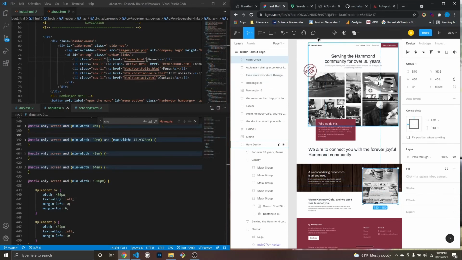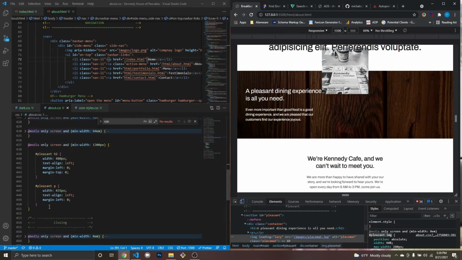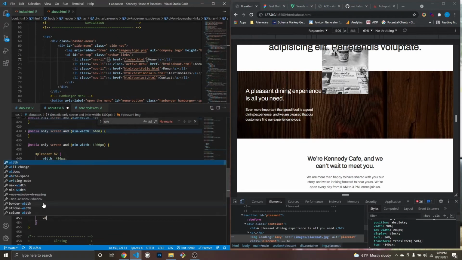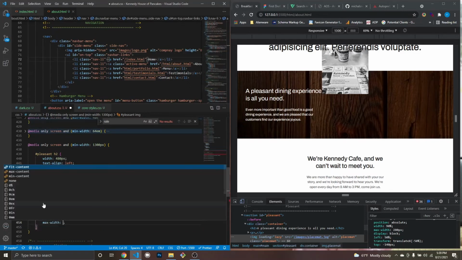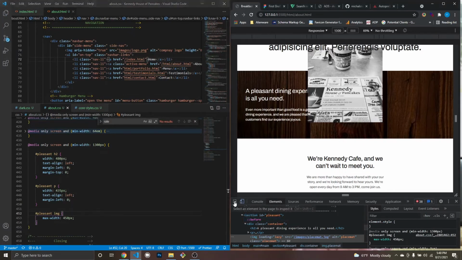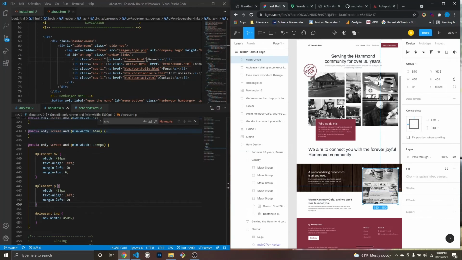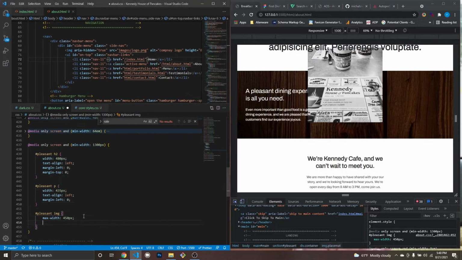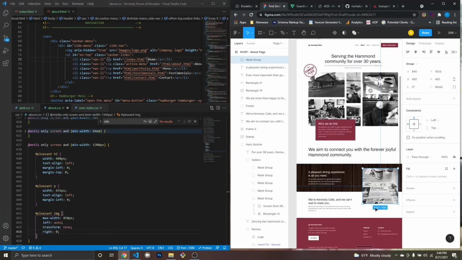Now this image is 450. So let's take this image, bottom here, with 450. Oh, max width, 450. Is that 450? It sure is. Okay, so now I want it to be to the right of the container. So I think I need to set the left to auto to reset that, and the transform none, I have to reset that. So let's set right to 0. And then it looks like it comes down